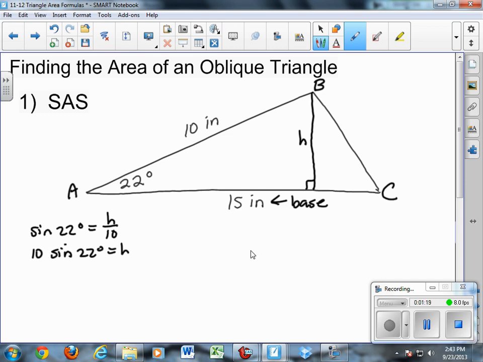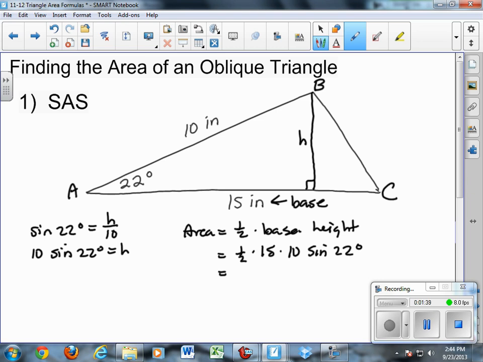So now when I say area is equal to 1/2 times base times height, I can substitute in my base as 15, my height as 10 sine of 22, and I end up with,